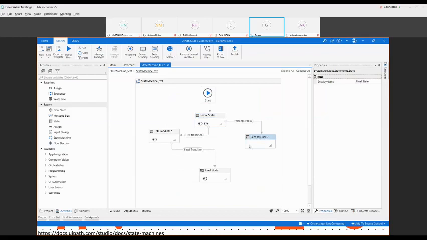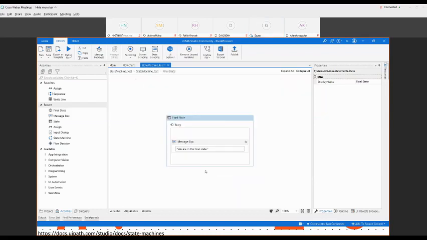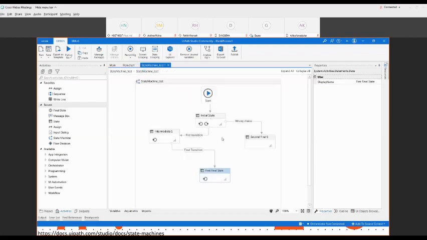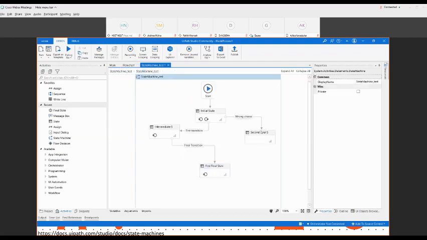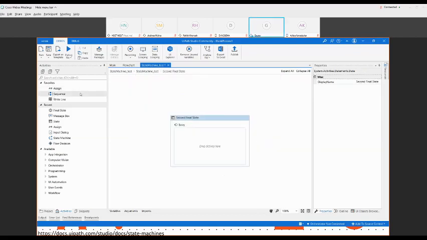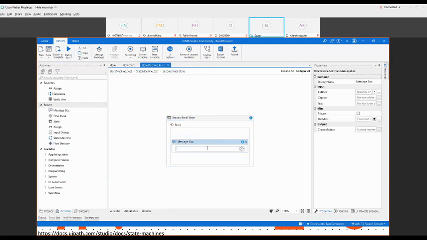Second final state. First final state. If a choice is wrong, it will go to the second final state. And you can just put a message box to get clarity on which one is executed. Second final state.